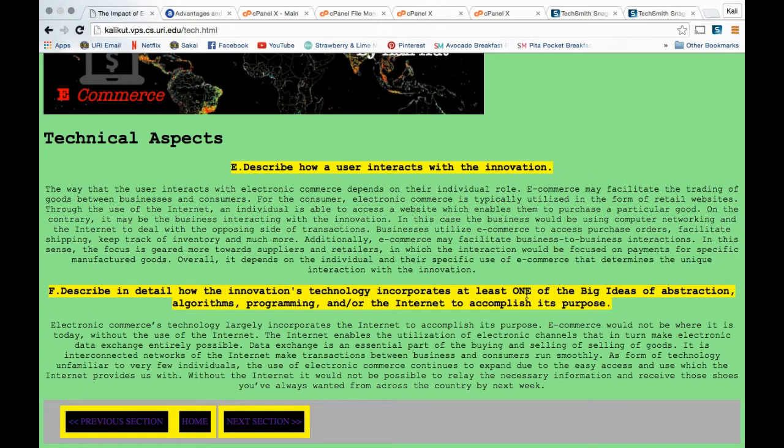Now we will look at my technical aspects page. He asked to describe how a user interacts with the innovation. Depending on who the user is, the interaction will be different. First and foremost, for a consumer,